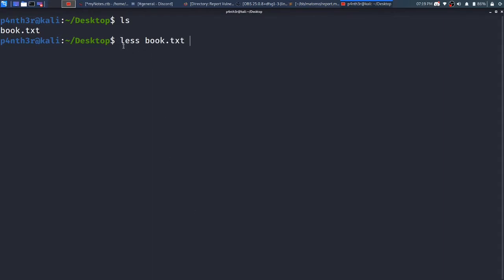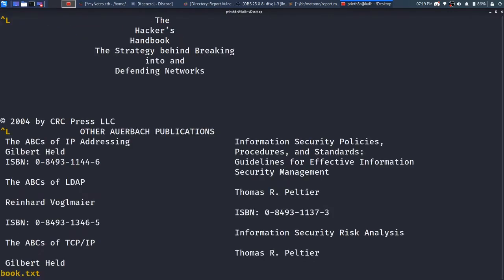If you simply want to read with the less command, you do not need to mention any option. Just type less, then the file name book.txt, then press enter. This command prints whatever fits on the screen at once, and keeps holding unless you press a key. It keeps holding and showing you that file from the starting.